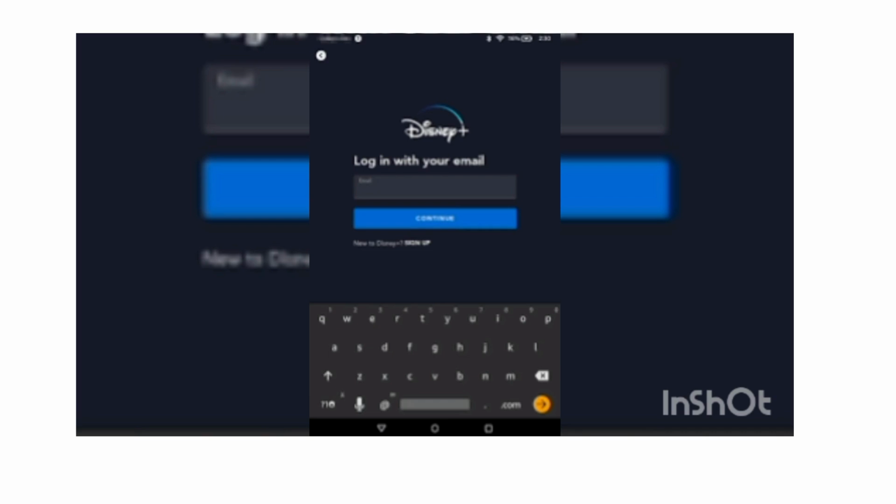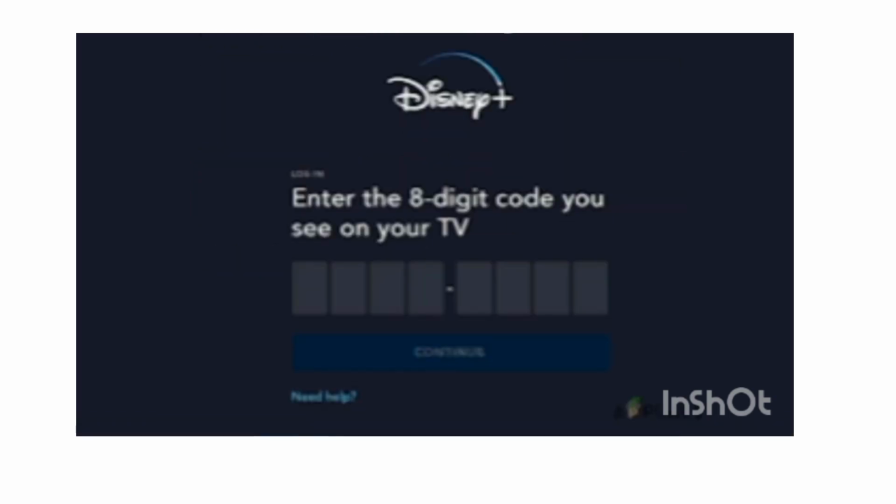Once logged in, you should be directed to the Disney Plus homepage or your profile page where you can browse and stream Disney, Pixar, Marvel, Star Wars, National Geographic, and other content available on this very platform. If you are having trouble logging in, you can try resetting your password or contacting the Disney Plus customer associate